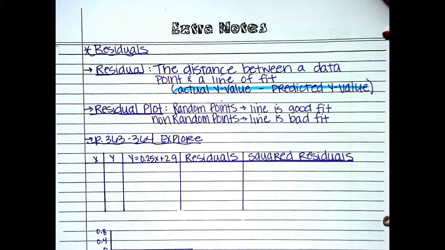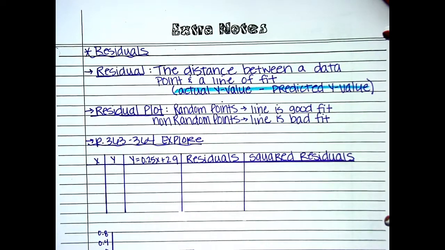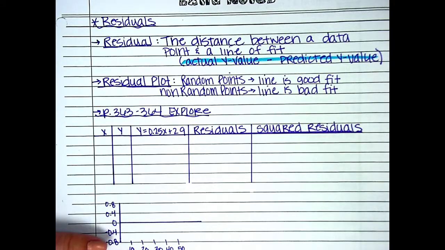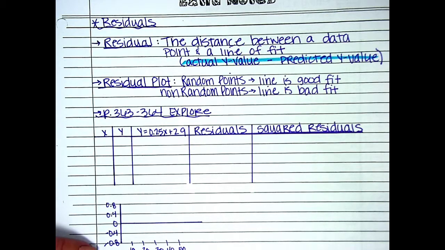Okay, we're going to turn to page 363 in the book. It's got a problem for us that we're going to practice making a residual. We're going to start with a table. If I can find the page, excuse me. Okay, so,